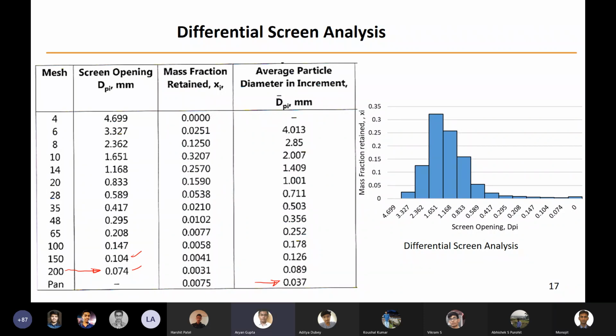Sir, can you repeat the question again? Yes. I am giving you a mixture. Suppose the mixture has some weight, let's take the weight to be capital M. I want the weight of particles which pass through mesh number 35 from the mixture. The total weight of the mixture is capital M, and I want the total weight of particles that pass through mesh number 35.